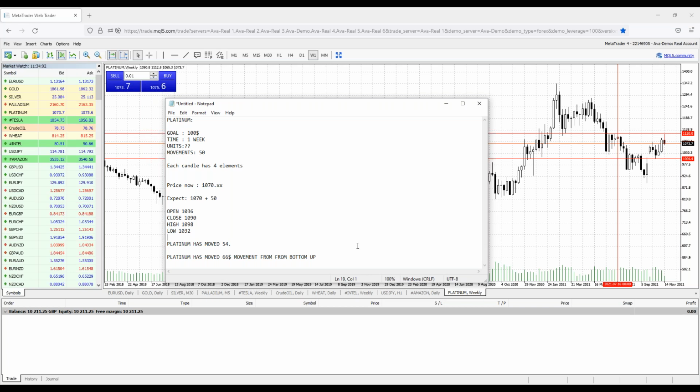Again, fundamentals are something else. Okay, it's a different story. Fundamentals can change the market in a second. But without fundamentals, if we would like to have measurements,